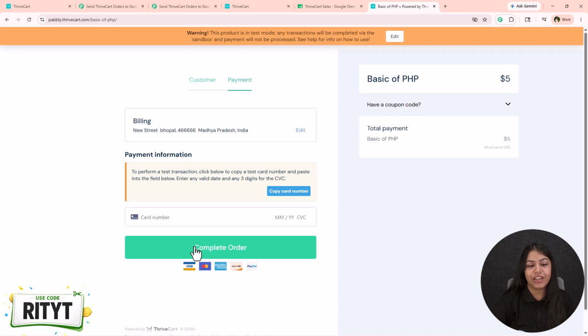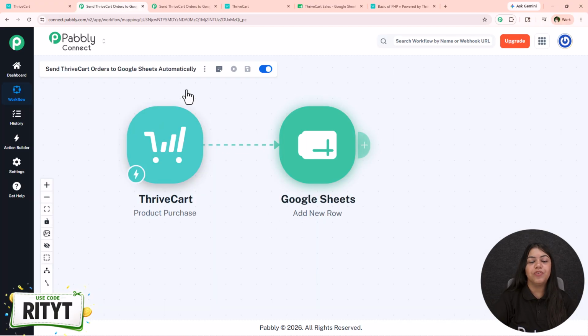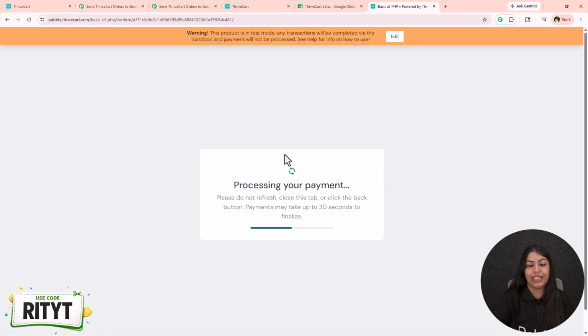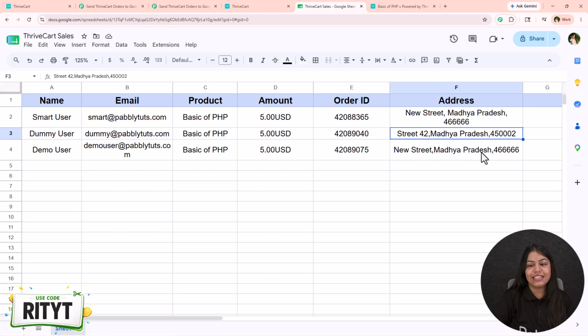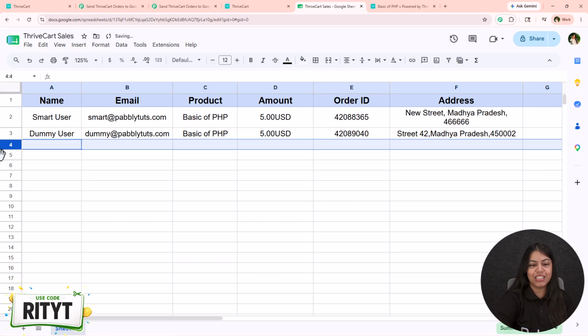So as you can see, I've entered all of my details, and now for the card number over here, you can copy the test card number or enter the card number according to your own choice and click on this complete order. Once you click on this complete order, it is going to say processing. As my previous workflow is already on, the details will be directly added in my Google Sheets only. Okay, so now you're going to see it is saying processing your payment, completing order, and the payment is successful. You're going to see the details are added over here directly, but I'm just going to delete the details and